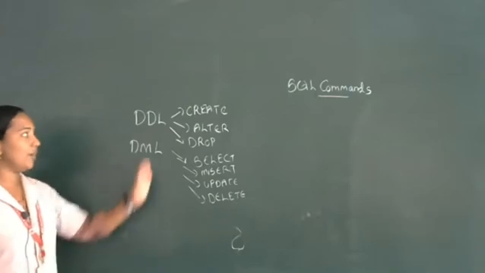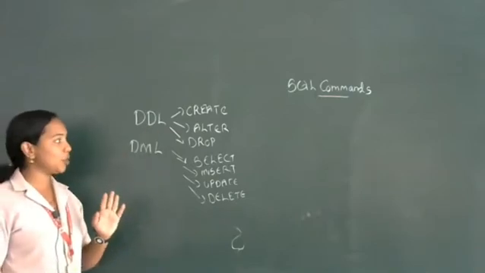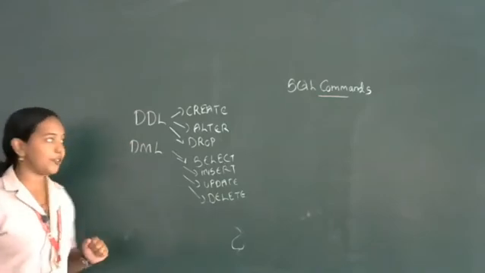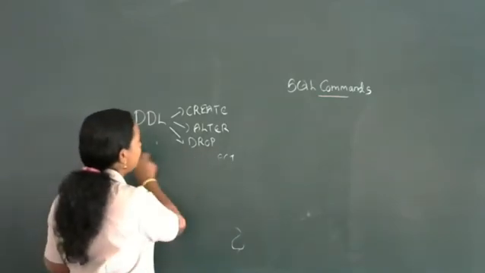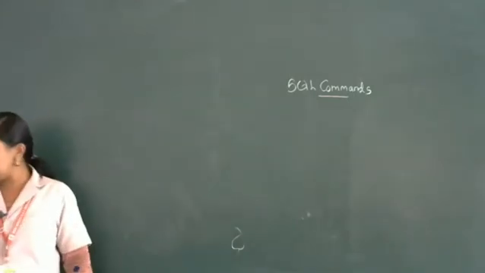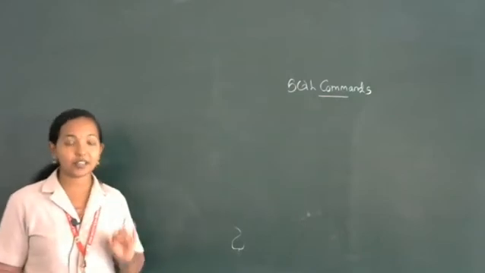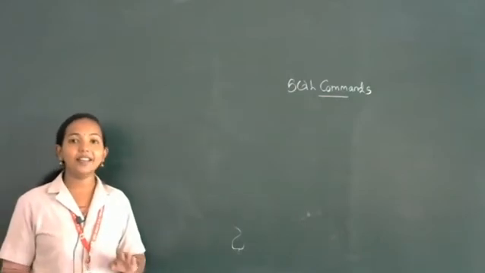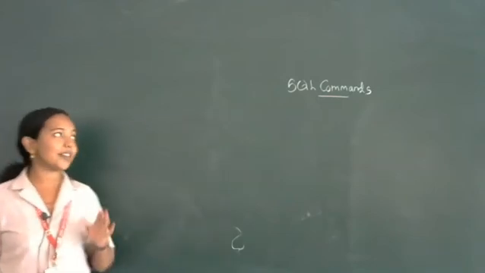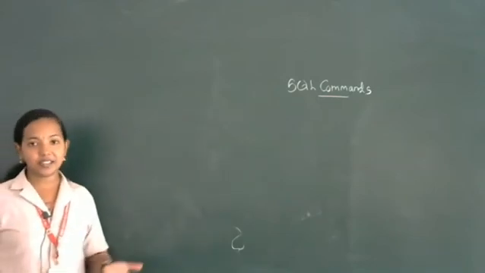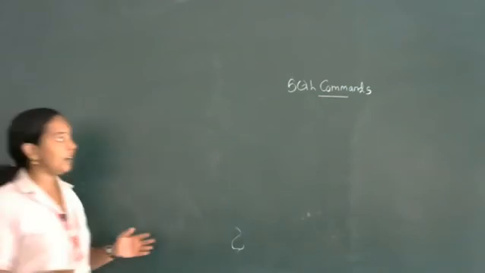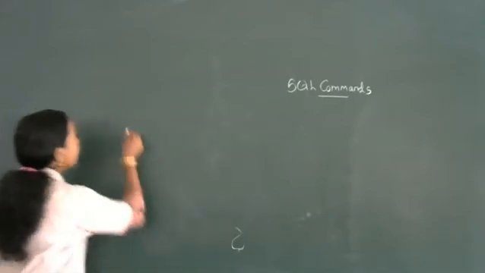Instead of that, we are going to discuss DDL and also DML commands. So we will start with the create command. The create command belongs to DDL. Okay, so SQL commands can be classified into 3 categories: DDL, DML and DCL. All the DDL and DML commands we are going to discuss in this section. After that, we will discuss some sample SQL queries. So the first one is how we are creating tables.